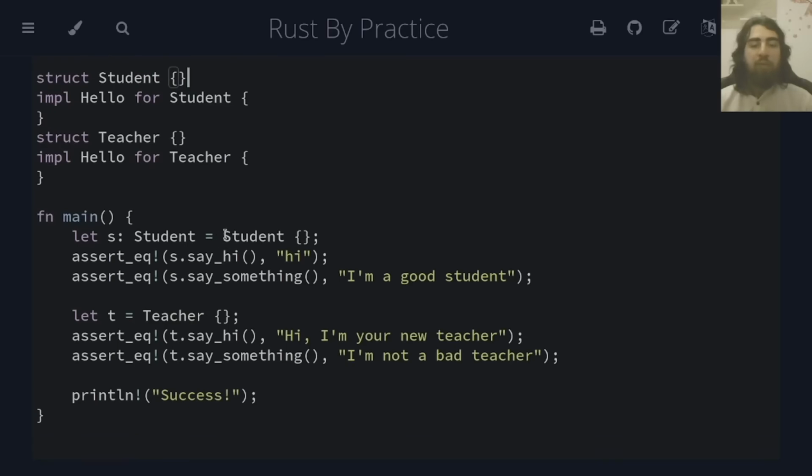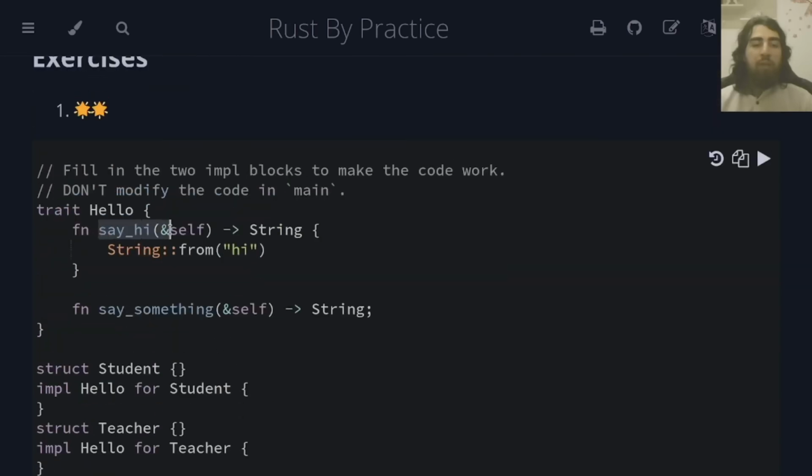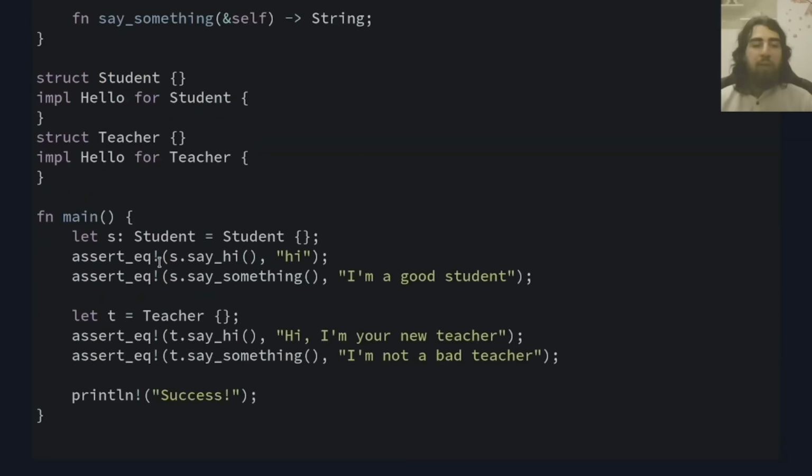So we instantiate it like that. But because we have implemented hello for the student struct, we can call this method upon it. As you can see, we call the say hi method on the S instance, and then it